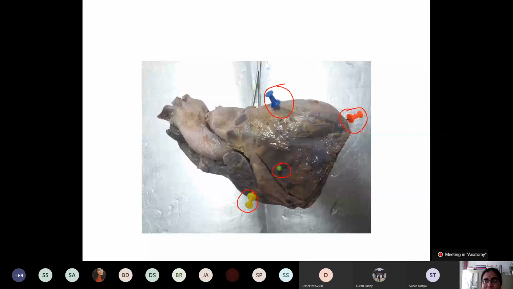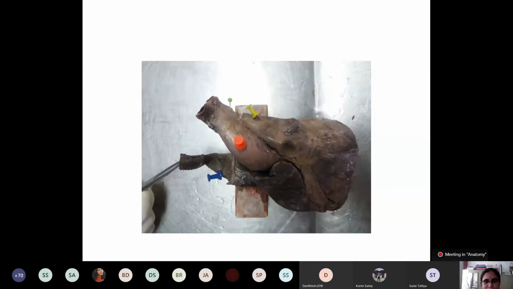Which surface? Anterior. Sternocostal. If you write down sternocostal, you will get full marks. Sternocostal surface of heart. The second question is formation. Third question may be feature or the development. Okay. Most of the time we ask feature.